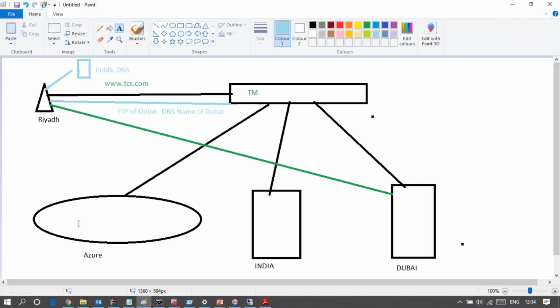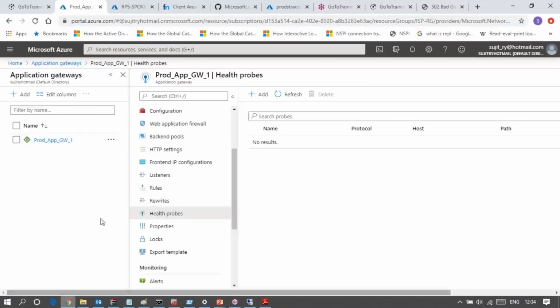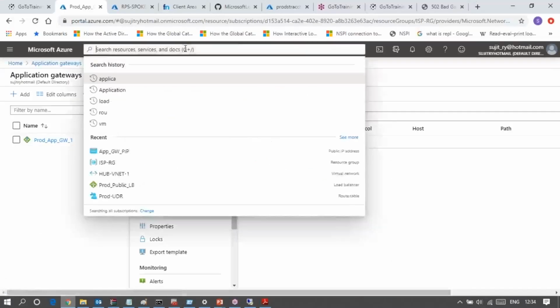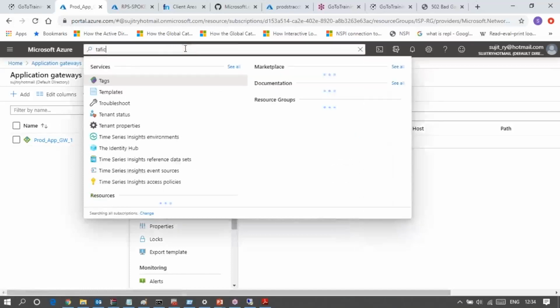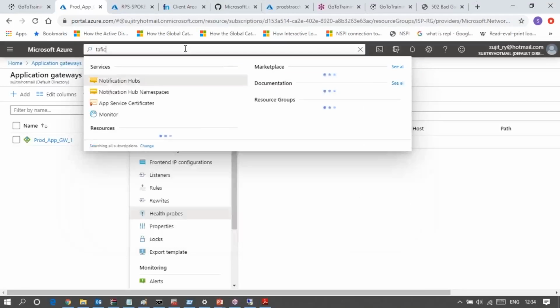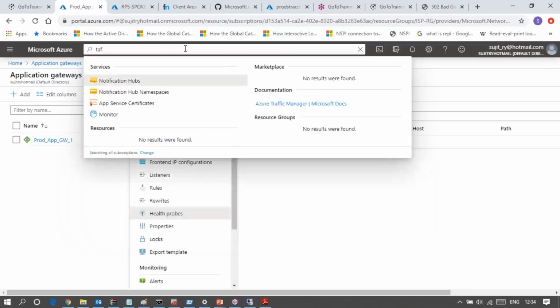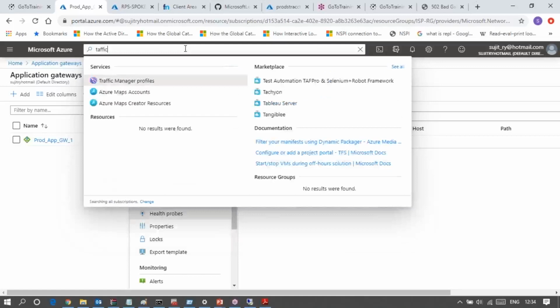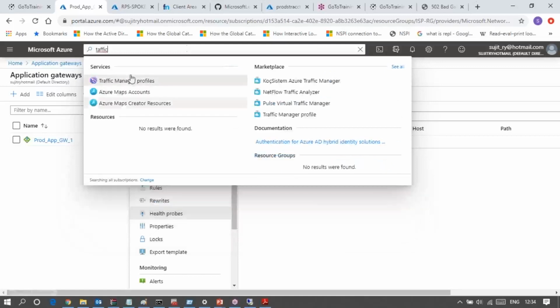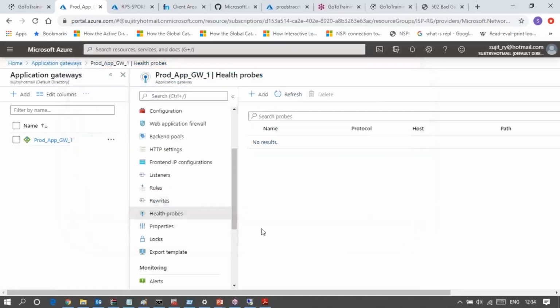So how do we configure it? You can search for Traffic Manager, Traffic Manager profile.